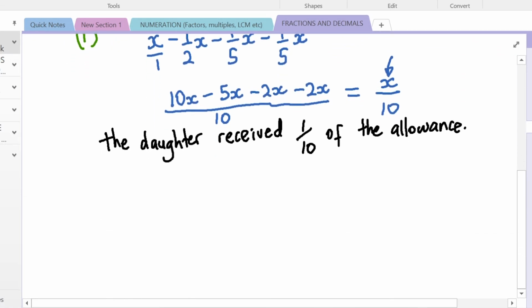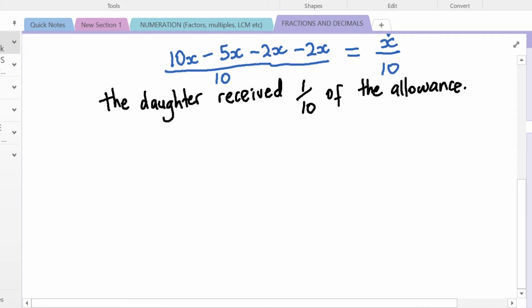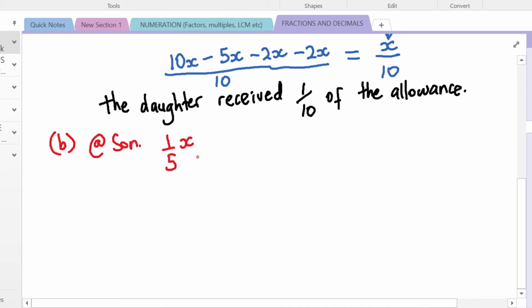So if each son was given 16,000, remember each son receives, this is part B. Remember each son received a fifth of X, a fifth of the allowance. So we know that each son here got a fifth of X. Now, they are saying that each son got an allowance of 16,000. So meaning that a fifth of the allowance that was given out is equal to